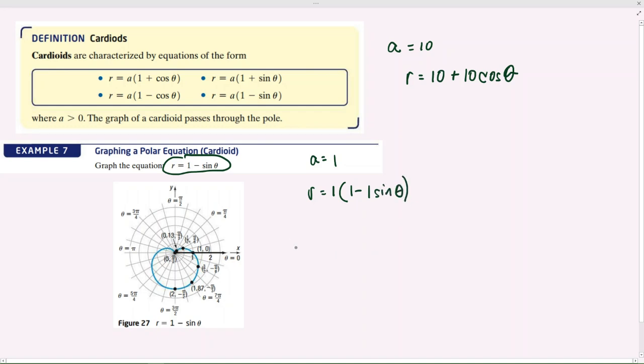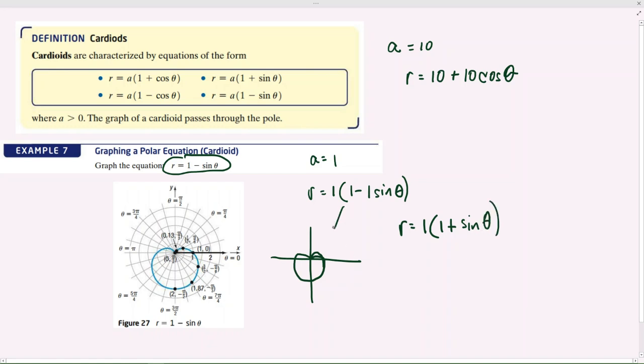Okay, and the thing that's nice about this is that sine and cosine are going to deliver different results. So the heart's going to be kind of shaped like this if it's a sine, because the sine corresponds with the y-axis. And if I were to make that r equals 1 times 1 plus sine theta,